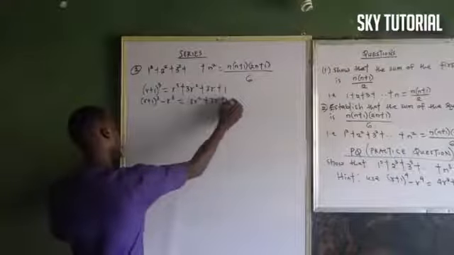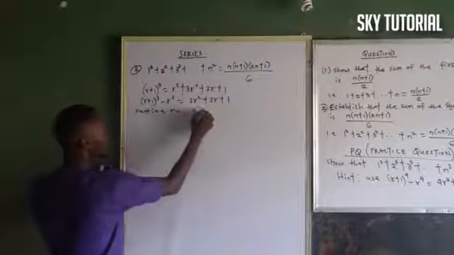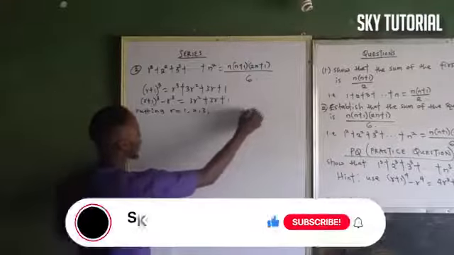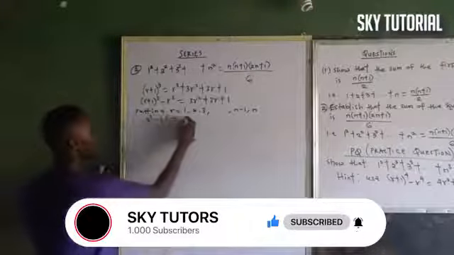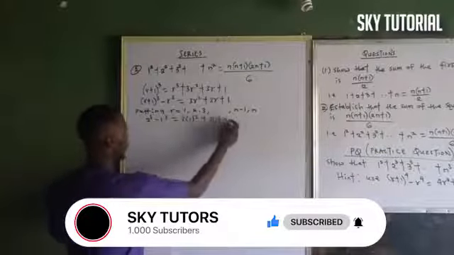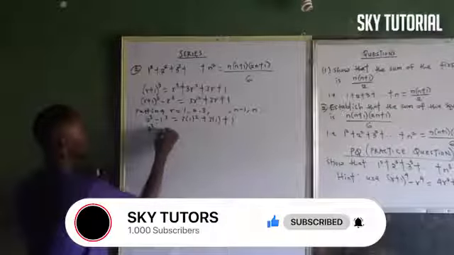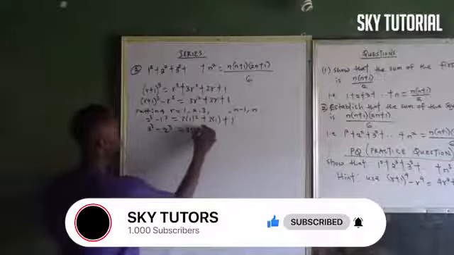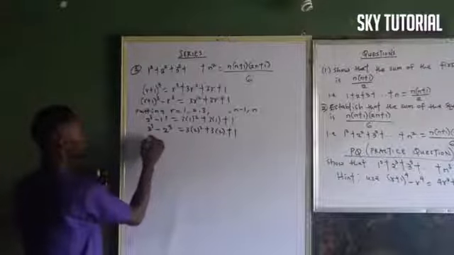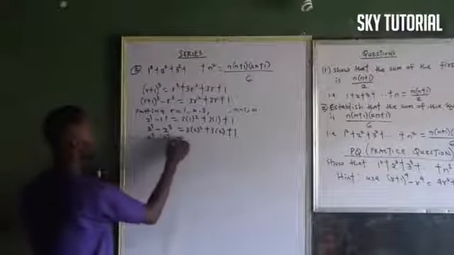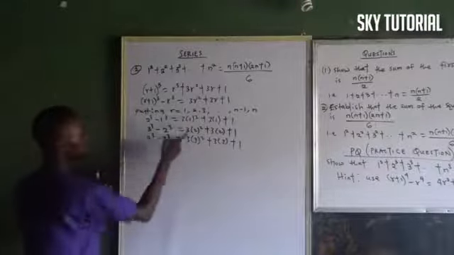+ 3r + 1. So when we put r to be 1, 2, 3, ..., n-1 and n. As for when we put r to be 1, we have 2^3 - 1^3 equal this. And now when we put r to be 2, we have 3^3 - 2^3 = 3(2^2) + 3(2) + 1. When we put r to be 3, we are going to have 4^3 - 3^3 = 3(3^2) + 3(3) + 1, plus dot dot dot,